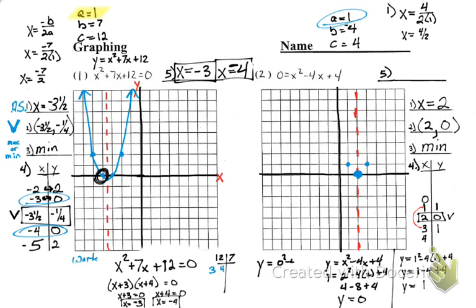You have 0 squared minus 4 times 0 plus 4. 0 minus 0 plus 4 is 4. So y is 4 when x is 0, and again, because of the symmetry, y will be 4 when x is 4 also. I can graph those 2 points. So 0, 4 is right here, and then 4, 4 is right there. I now connect my parabola,